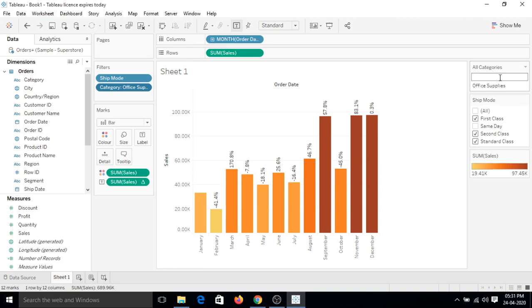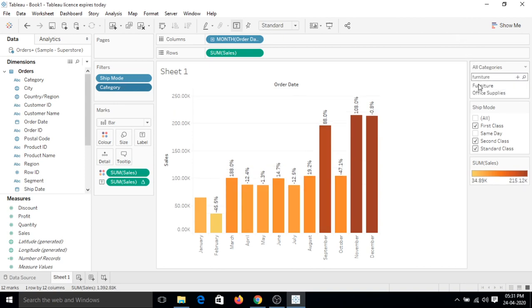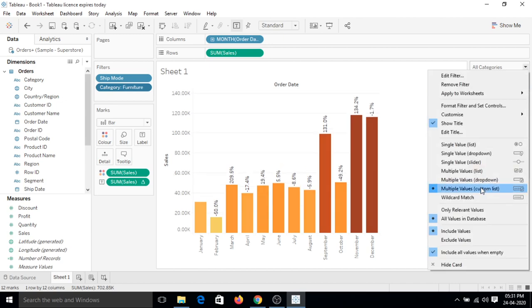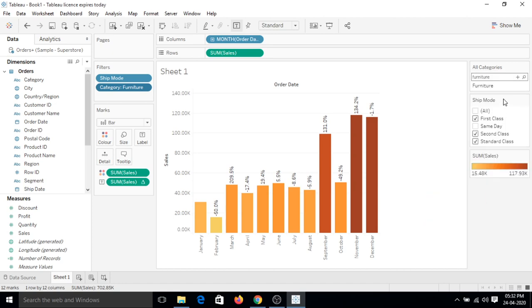So you can write like furniture. This will give you an option to select it, and now your two options are there. You can also delete it. So this is a type of custom filter you can say, but this is not much used. Let's go for wildcard match.